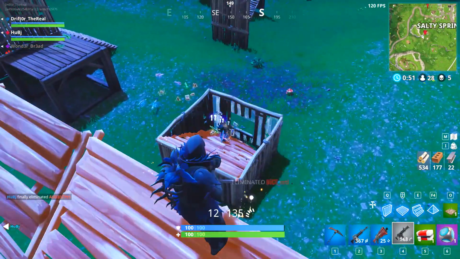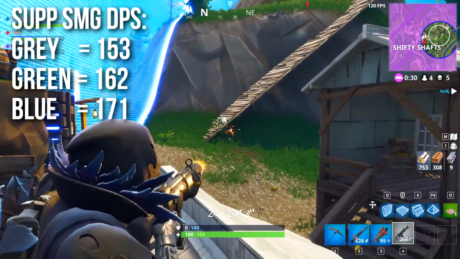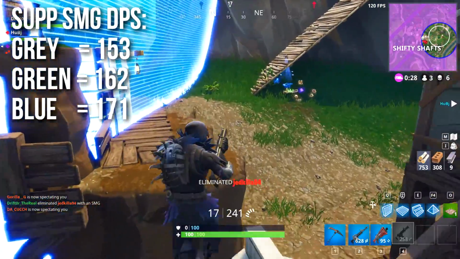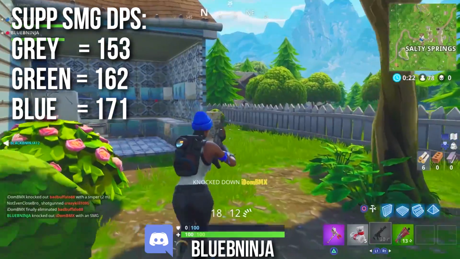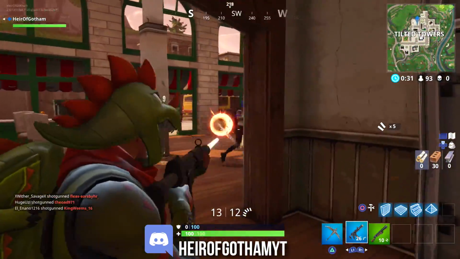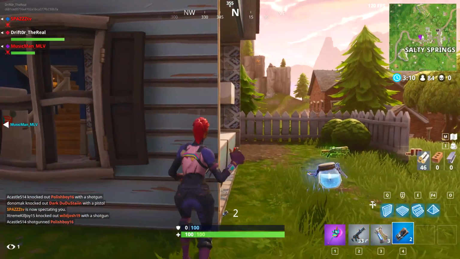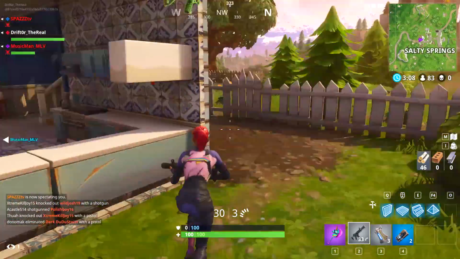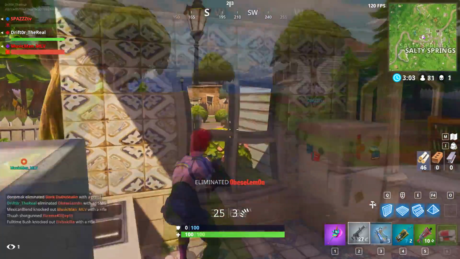The suppressed submachine gun DPS is 153 for gray, 162 for green, and 171 for blue. The best comparison I can make to help quantify this in your head is that a blue suppressed submachine gun has about the same DPS as a gray assault rifle, M16, M4, whatever you want to call it. So the gray assault rifle is roughly equivalent to the blue suppressed submachine gun, and in my book, that's not very impressive